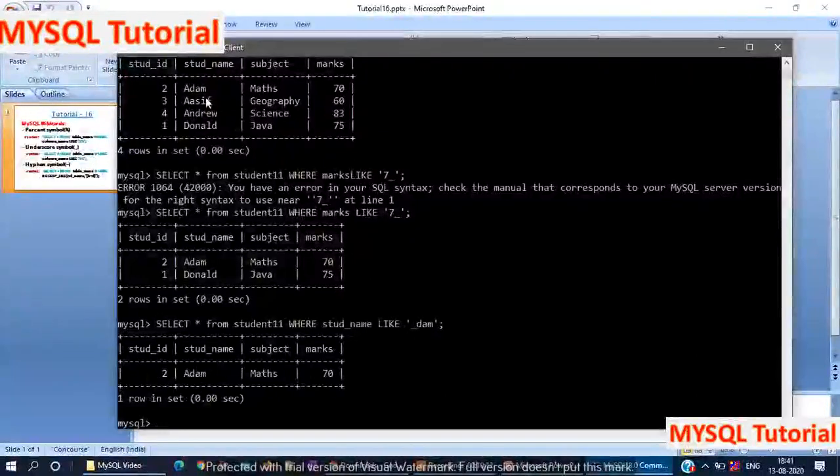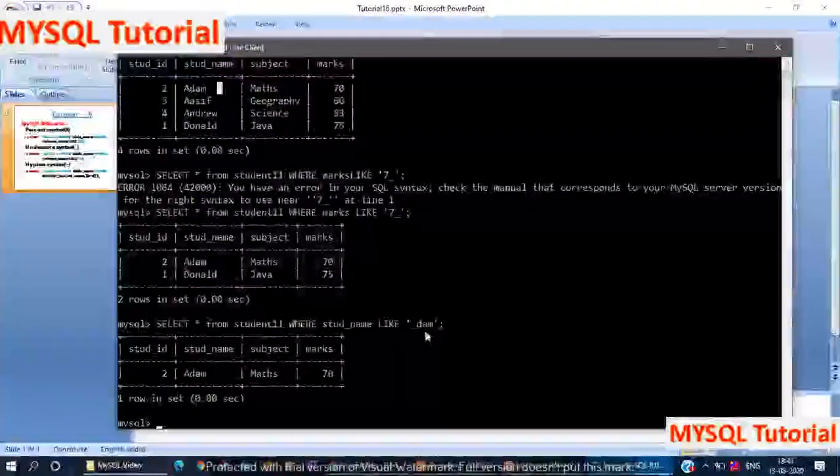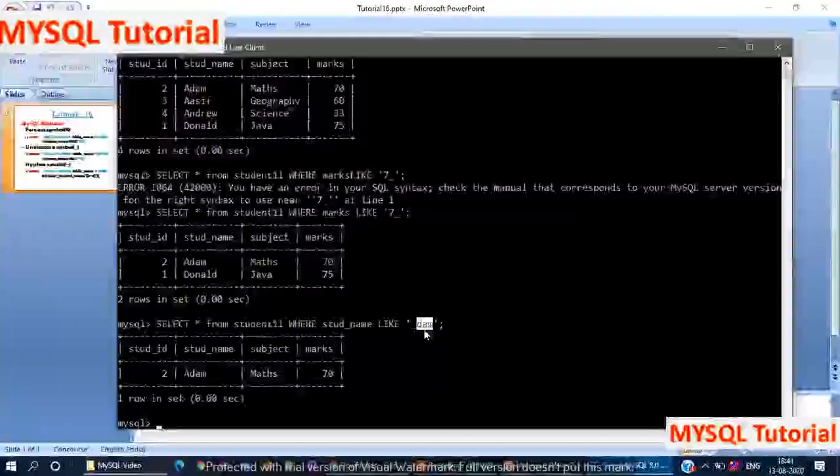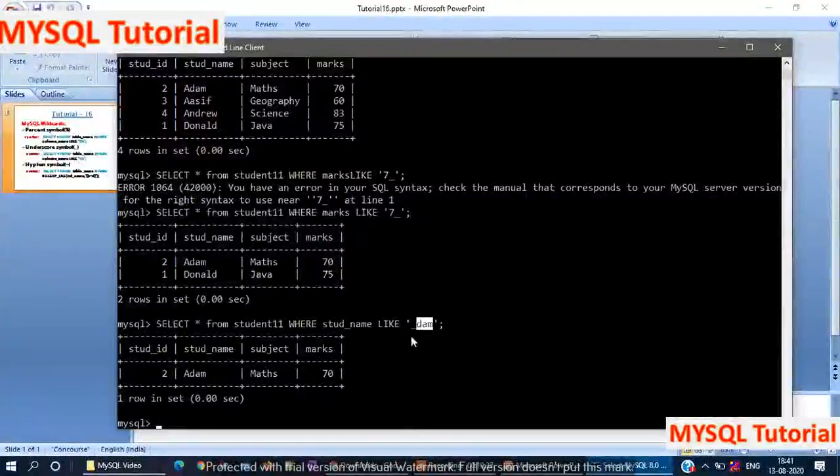In the student name column, it checks every record, and the compiler gets only a single record because I have already given the other characters, and only one character is missing. It compares the student name and then gives the output.